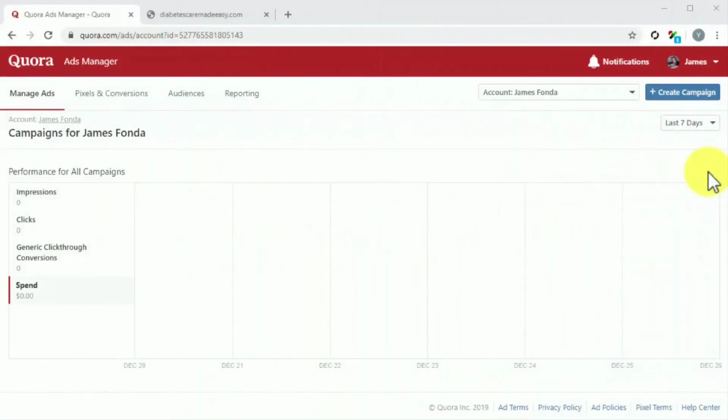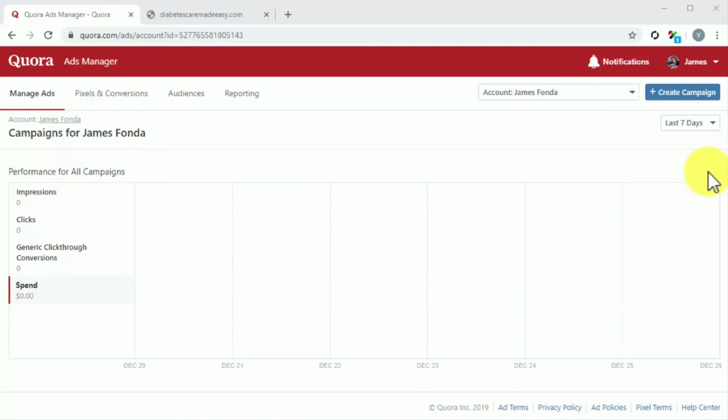Hey there, friends! Are you ready to step up your Quora advertising game? Because we're certainly ready to help you do it. There is an advanced type of online advertising strategy called remarketing. With remarketing, you can track the people that visit your website back to Quora, where you can show them your ads. In this lesson, we are going to show you how to easily set up a remarketing campaign on Quora